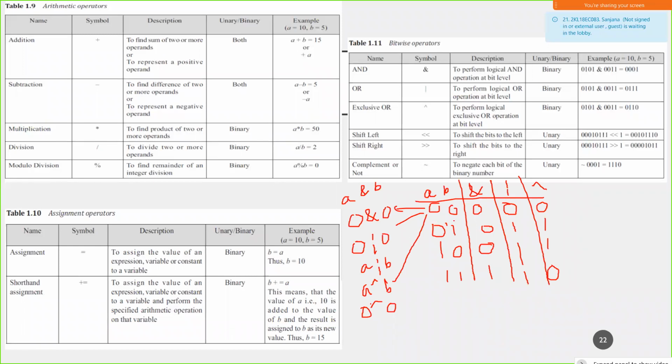So in exclusive OR, what happens if the number of bits is odd? Sorry, not the number of bits, it's the number of logic ones in a given sequence. If it is odd, then the result of XOR is 1, else it is 0.